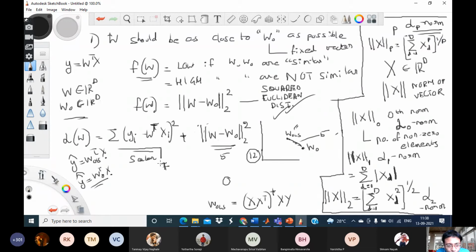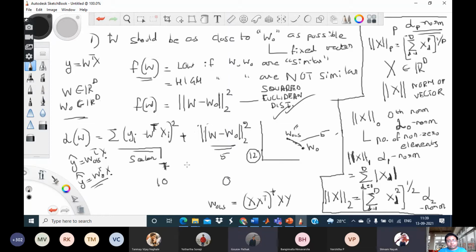Now suppose W naught is such that the loss I incur in this case is 10. So if I use W equal to W naught, this loss is 10, which is of course worse than the loss which I would have got in this case, but this loss is 0, while in the first case, in case of WOLS, this loss would be 5. So then which should I choose, WOLS or W naught? W naught. And why so?